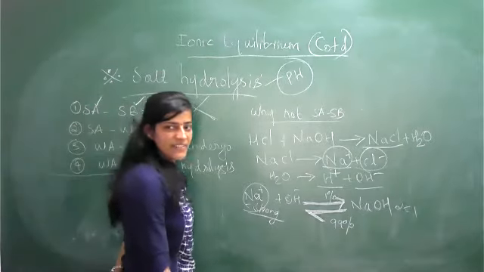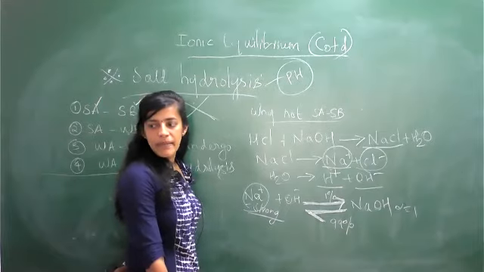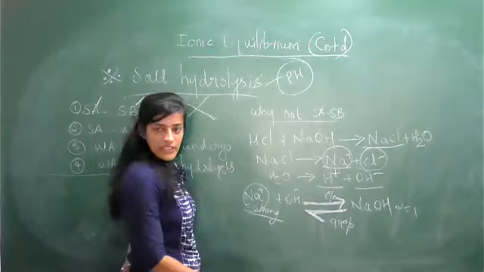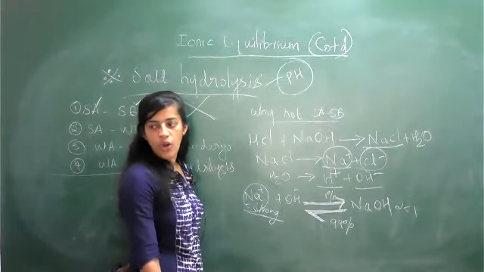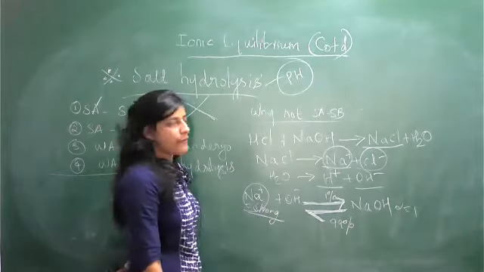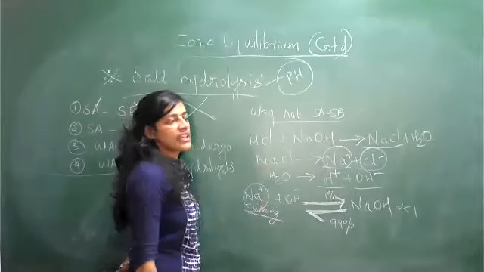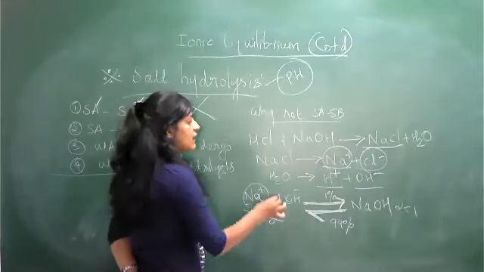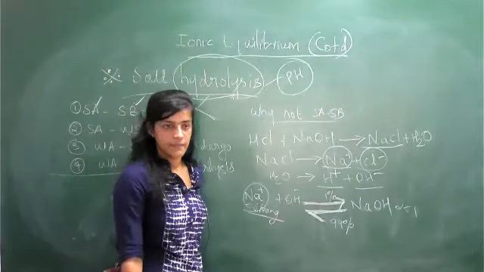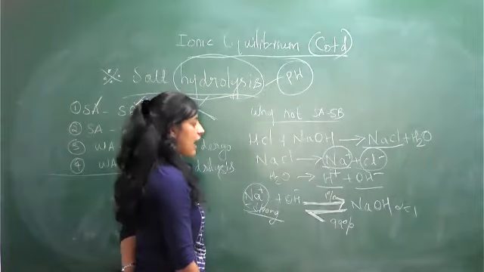Listen to me. We need to understand why a strong acid and strong base never participate in salt hydrolysis. This is our confusion. For that purpose, we took a strong acid-base pair: HCl and NaOH respectively. After that, you will get NaCl as a salt, a strong salt. This salt will dissociate into Na+ and Cl- form. Then we add it into hydrolysis, which is a process. Hydrolysis means presence of water, so water also provides H+ and OH- ions.